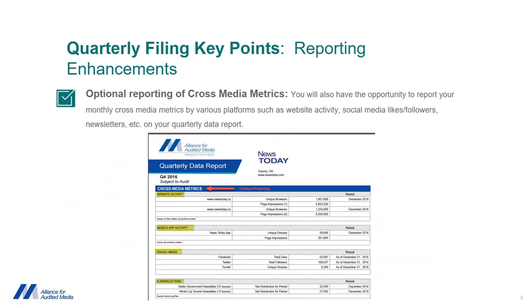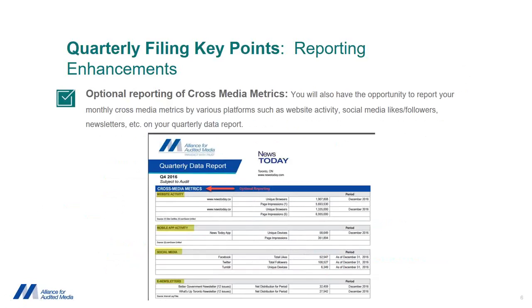We also have another new element that you're able to do as well. This is also optional reporting. Again, it's truly to help tell that full story of your publication. It's not just your print distribution, but telling about your cross-media metrics, talking about your website activity, what is your page views, also talking about your social media, what are your Facebook likes, your Twitter followers, also about your newsletter distribution. So again, another opportunity to show on one report your total footprint that's out there on your publication,